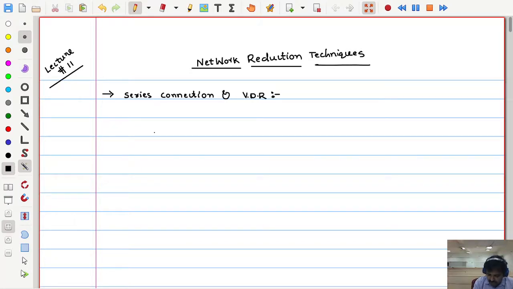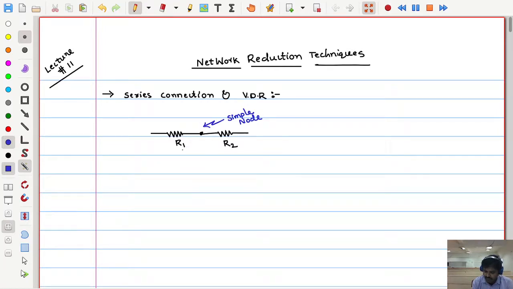So we stated that in a series connection, if R1 is one element and R2 is another element, then in between those elements we will have a simple node. What is meant by a simple node is that it consists of only two elements. This node connects only two elements.